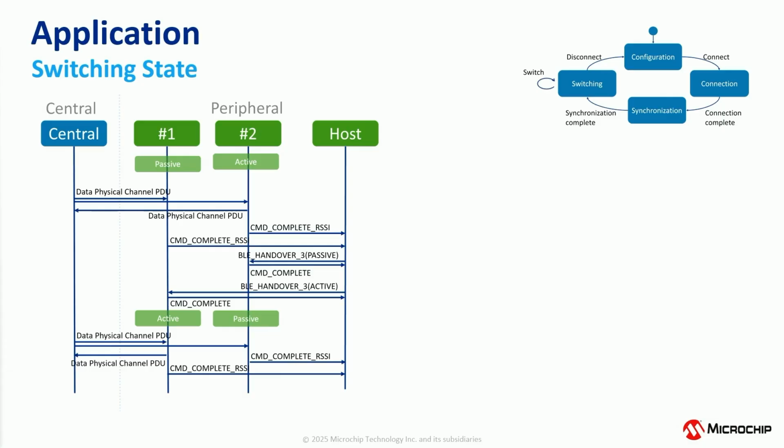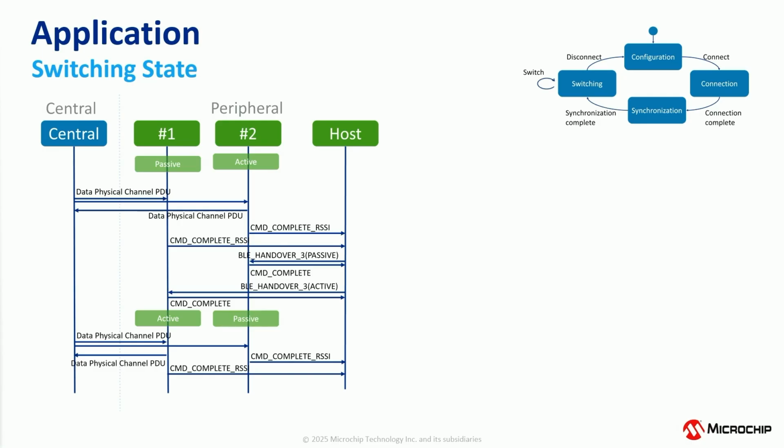Both devices get the RSSI value from the connections and distribute this information to the host. The host then has to decide which one should be active and which one should be passive. And he sends the command